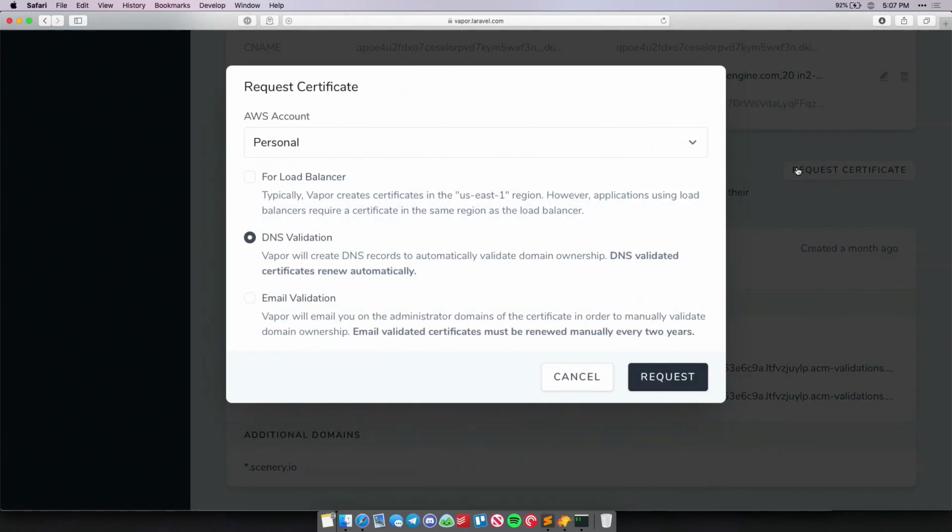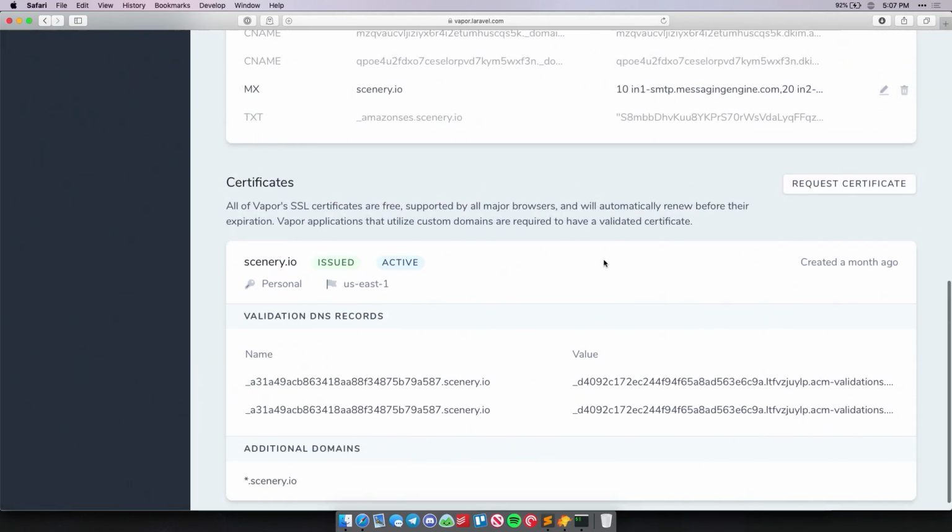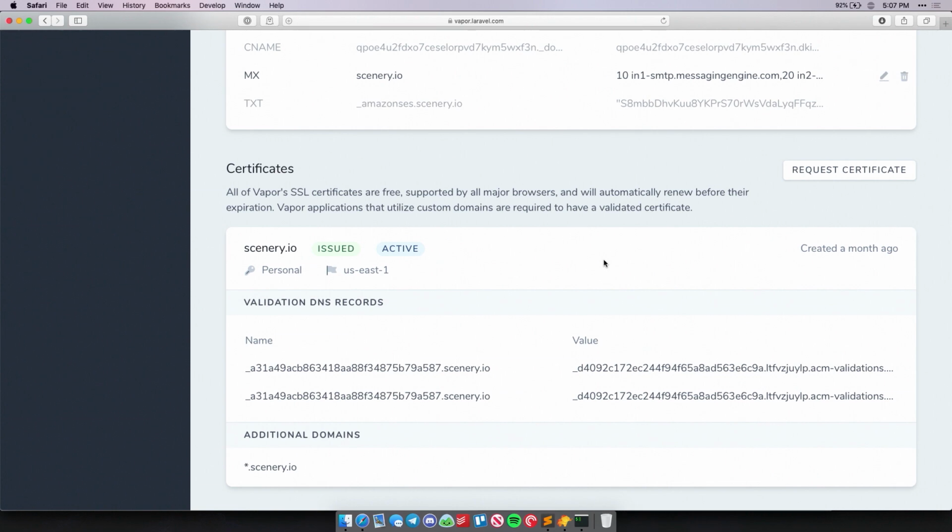You can request a new certificate if for whatever reason you wanted to, using DNS validation, which will be renewed automatically forever, or using email validation, which you have to do manually every 2 years, but if for whatever reason DNS validation doesn't work for you, you can do that. But most of you will probably use DNS validation. And once that's issued, it just takes a few minutes.